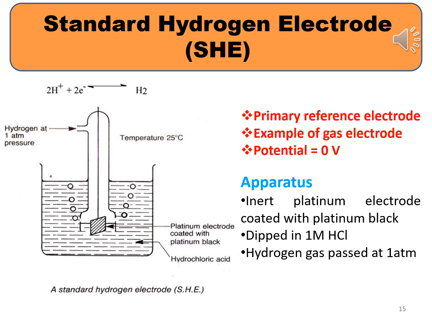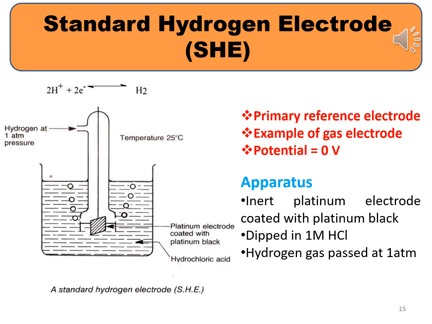The next topic is about the reference electrodes. Reference electrodes are those whose potential is already known, and this can be used to find the potential of other electrodes. The standard hydrogen electrode, or SHE, is known as a primary reference electrode,